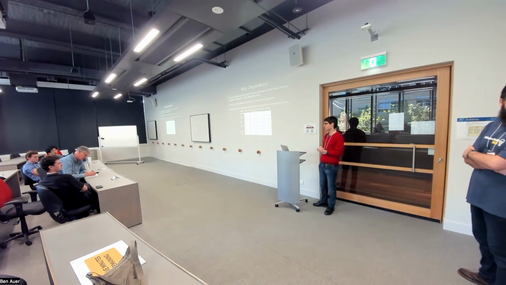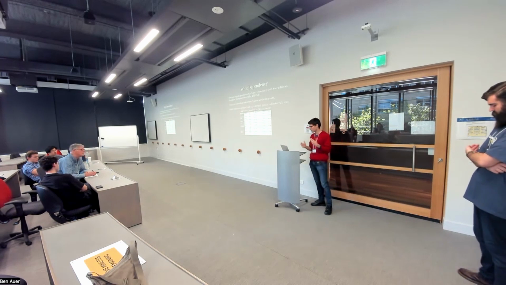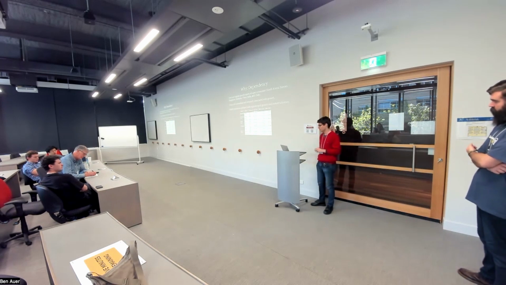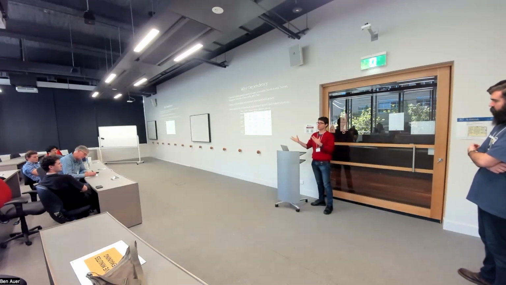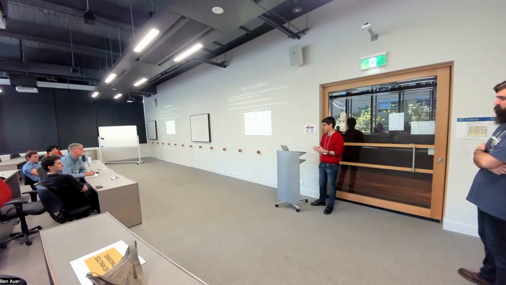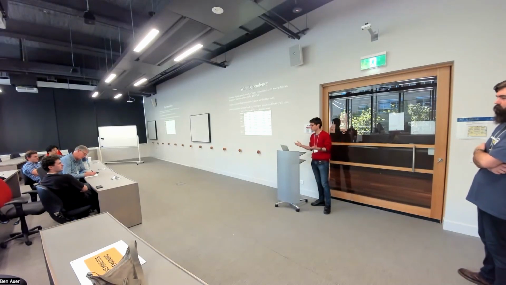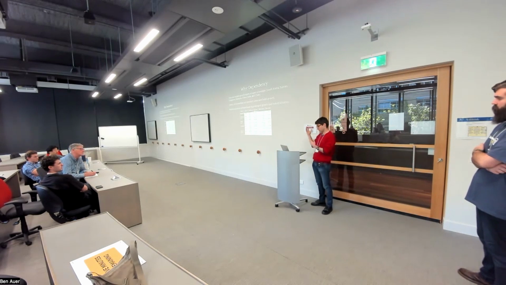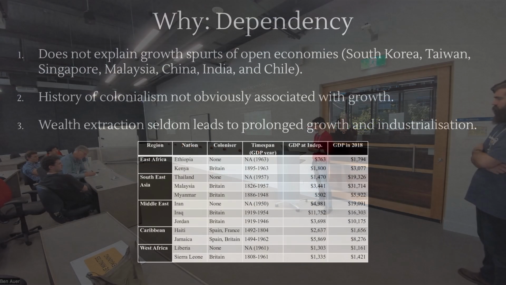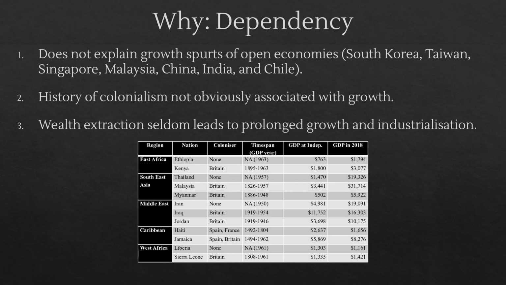And it's certainly true that there are many criticisms to be made about economic institutions as they exist in the world today and who they benefit. However, I don't think this is ultimately a very good explanation of the paradox that we're looking at, of why some countries have developed and others haven't. Dependency theory, I don't think, can explain relatively high growth, or actually astoundingly high growth in some cases, of many relatively open economies in a short period of time. I've listed some there, some more than others in terms of the level of growth they've had.